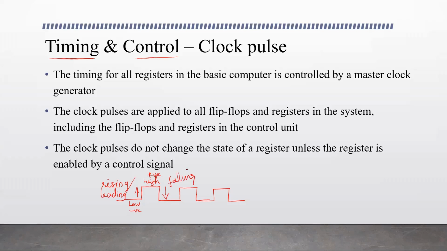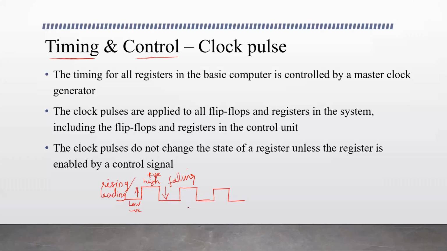So when the circuitry is made in a way that the signals get activated when the clock pulse goes from low to high, this high edge of the clock activates the operation. This is the timing. The timing is determined by the clock signal. Or the circuitry may be such that the operation is activated when the clock goes from high to low, so the falling edge of the clock makes the operation done. So the timing is determined by this.